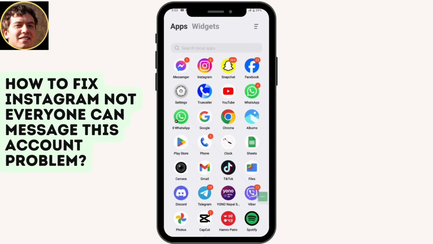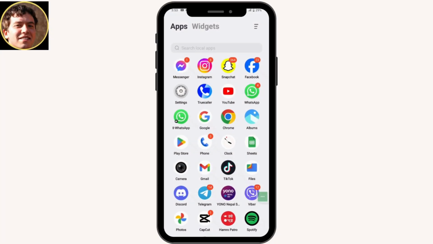How to fix Instagram not everyone can message this account problem. So if you're facing a problem, if it says that not everyone can message this account, then what you can